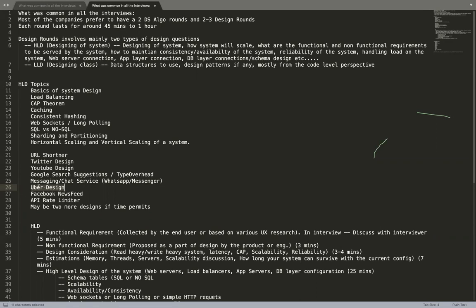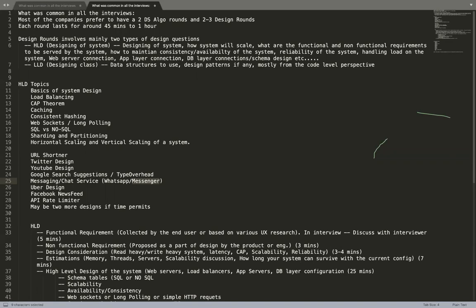Again, in messaging chat, there might be a few services which can be microservices, which can be used in WhatsApp as well as Messenger. So how to actually use the power of microservices when you're designing your system. We'll talk about that as a part of HLD. There might be many more terms included in this, but once we go through the design, they will definitely come up and we'll talk about those as well.